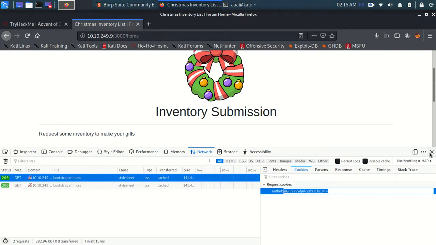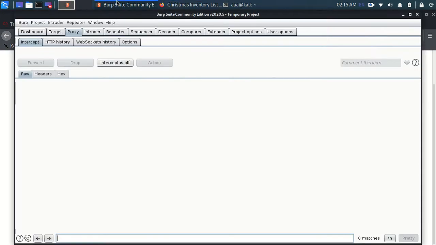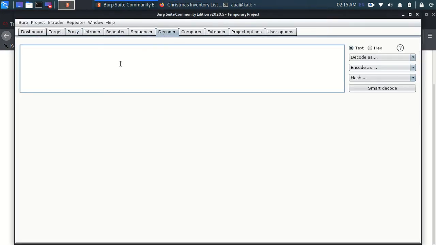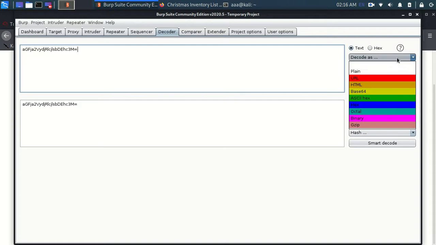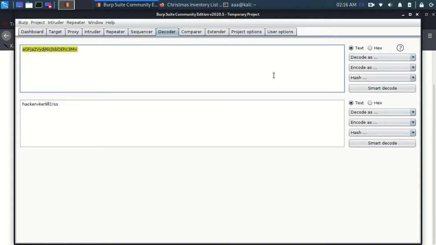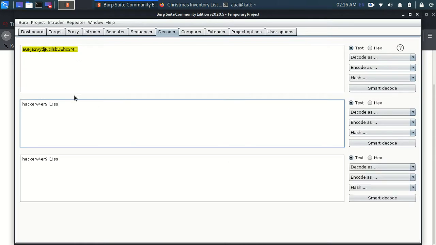After this I went to Burp Suite. Usually nowadays cookies are randomly generated, but luckily for us, looking at this equals sign, I think this is a base64 cookie, so let's decode this as base64. In Burp Suite you get this decoder option where you can decode your cookie. Now you might have noticed something: hacker was my username.